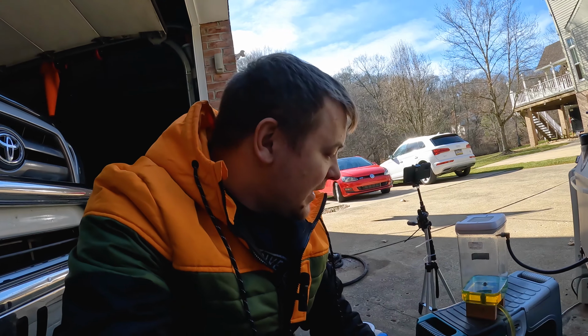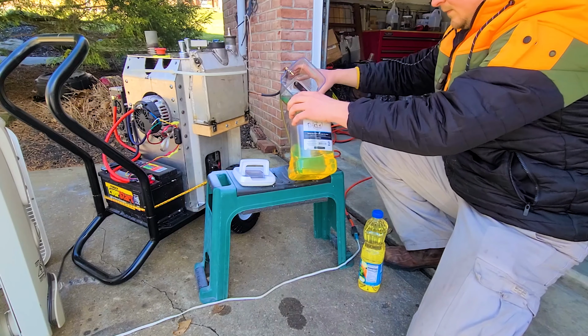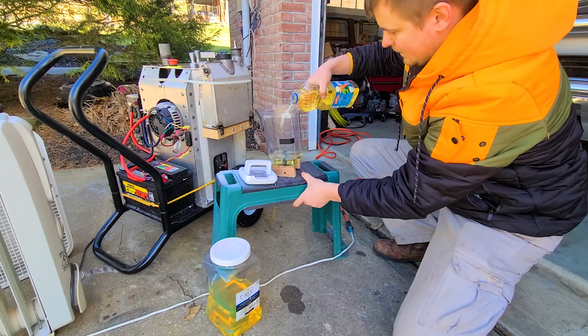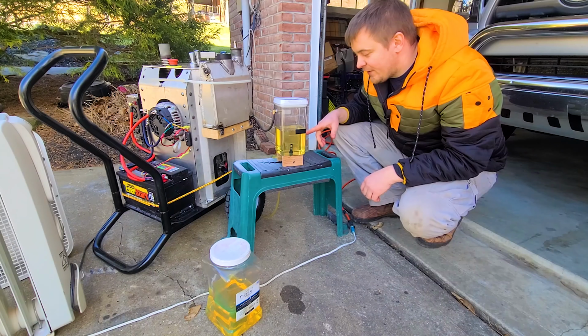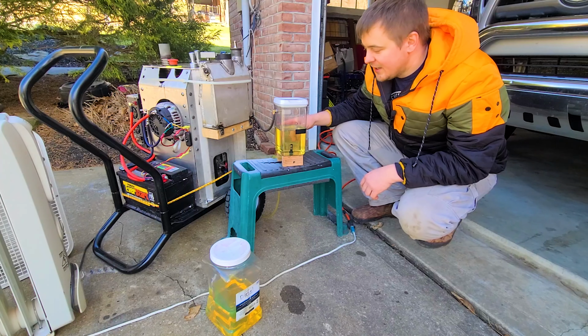I'm gonna drain the diesel from the tank and put oil in it. We'll start it up again and see how well it will run. Okay, so now it's pure veggie oil, but there's still some diesel left in the lines, which is good. It will help it to start because